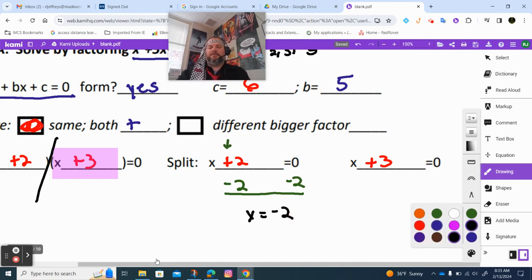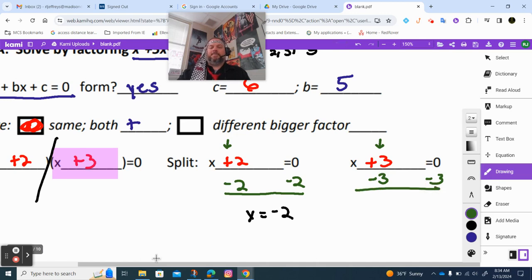All right. What about over here? If this is a plus 3, what do we do right here? Minus 3. And we get x equals negative 3. Now,